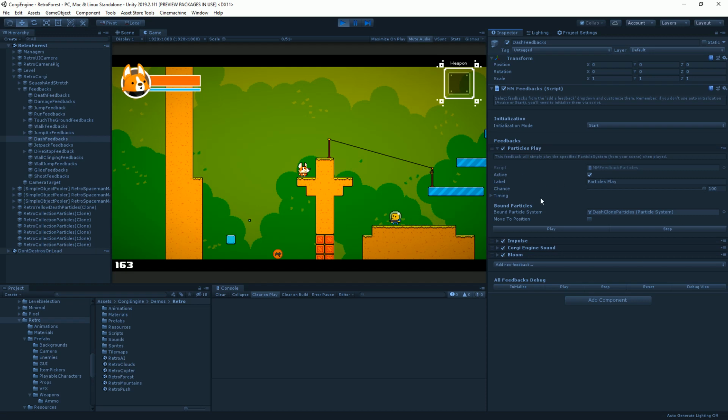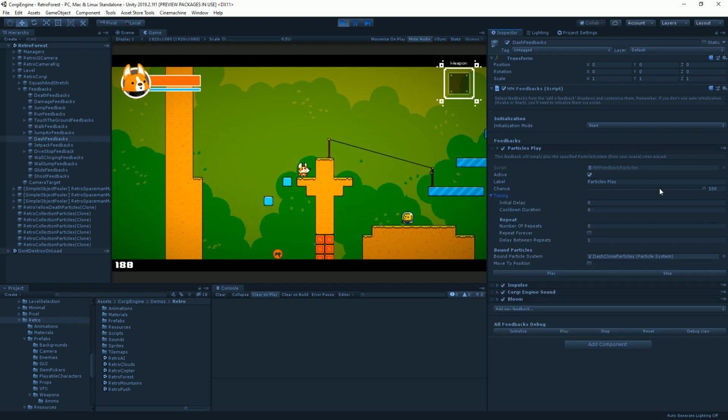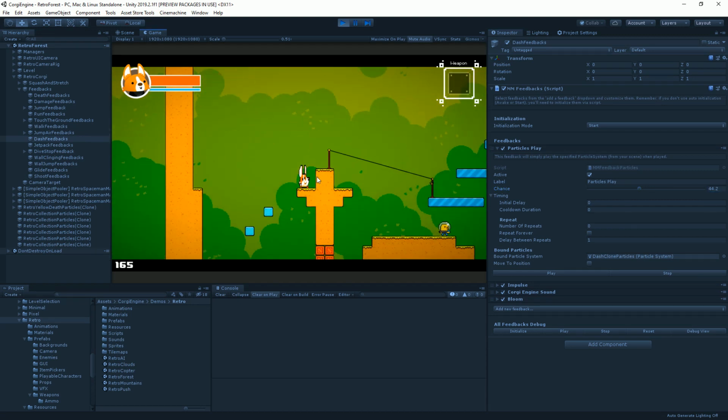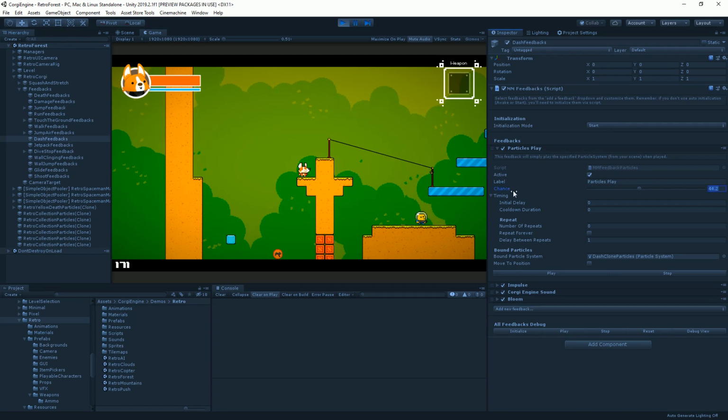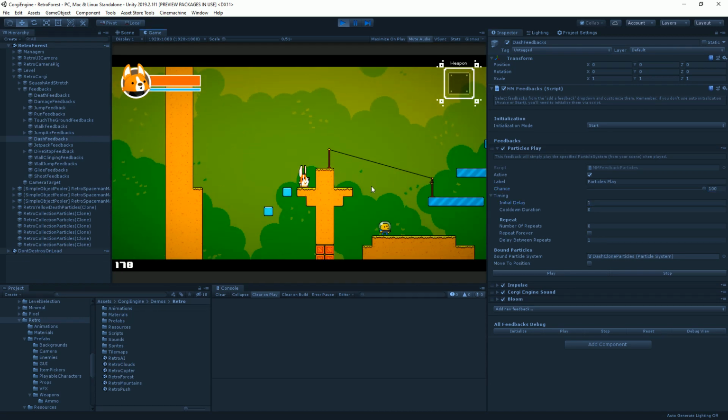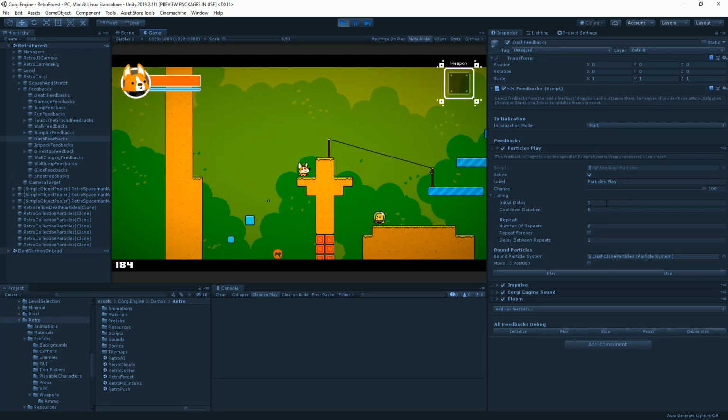For each feedback, you can tweak a bunch of stuff, such as the chance it has to happen. So for example, if I lower the chance of the dash particles to emit, you can see that this time I didn't get any, and approximately once every 2 times I'll get some. I can trigger a delay, so now they get played. I would have to exit actually because this is cached, but you could add a delay,